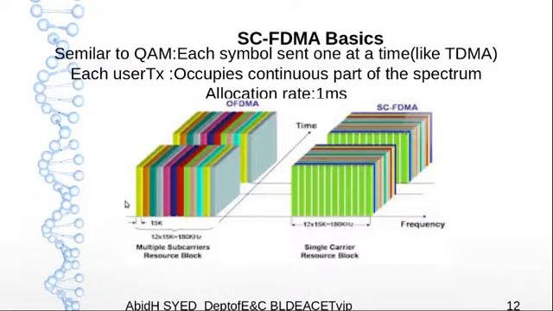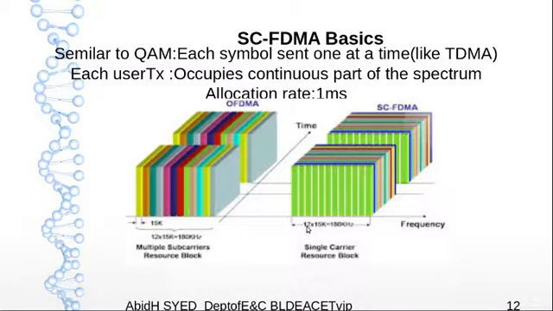Consider that we have 12 subcarriers. You can count here 1, 2, 3, 4, 5 up to 12. Each subcarrier is allocated a bandwidth of 15 kHz. Thereby the entire 12 subcarriers, each carrying a small part of the data, make one particular resource block. This is called your resource block. So this entire one resource block occupies how much? 180 kHz bandwidth, or part of the spectrum. Now in case of SC-FDMA, we are doing something slightly different here.